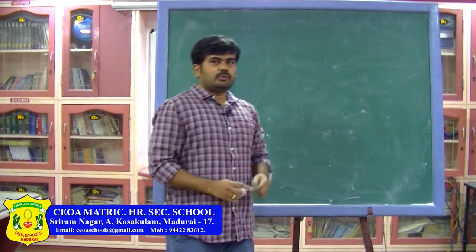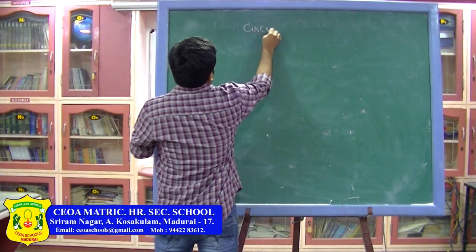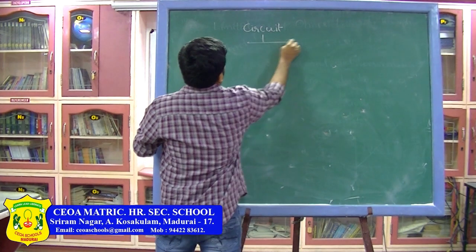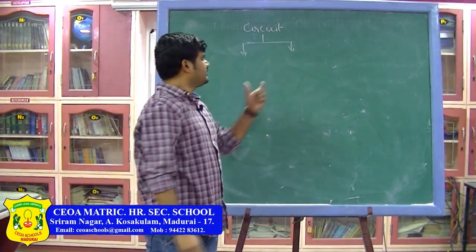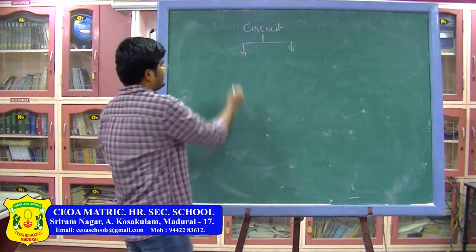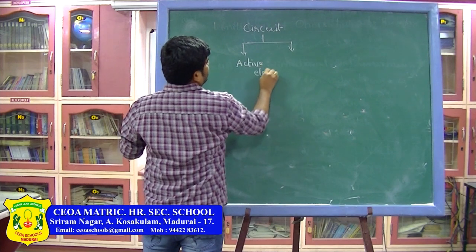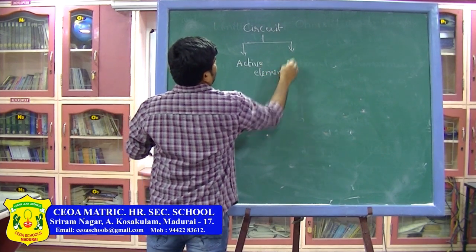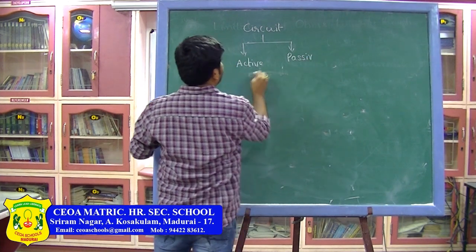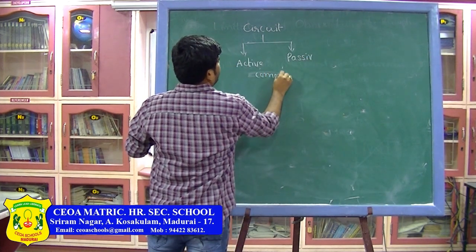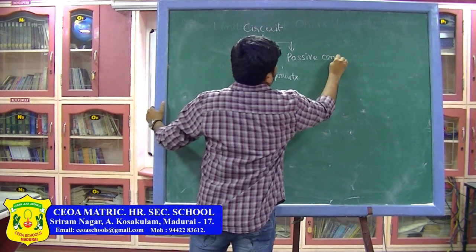Now let us discuss about resistor. Generally an electric circuit will have two types of elements in a circuit. They are known as active elements and passive elements. Active components and passive components.